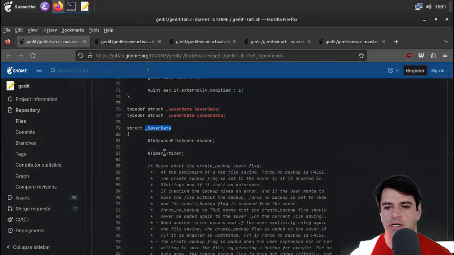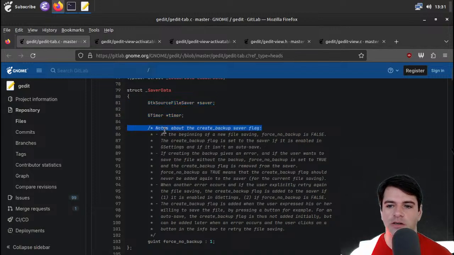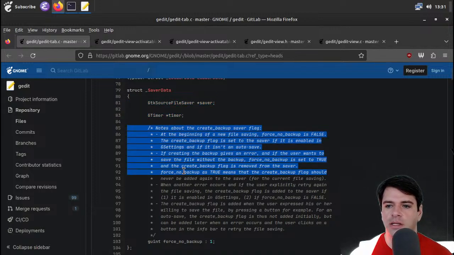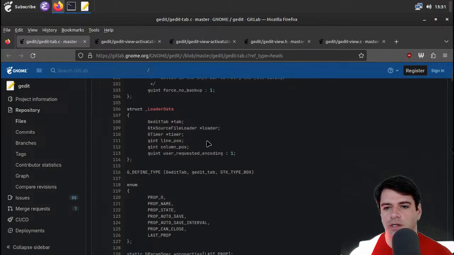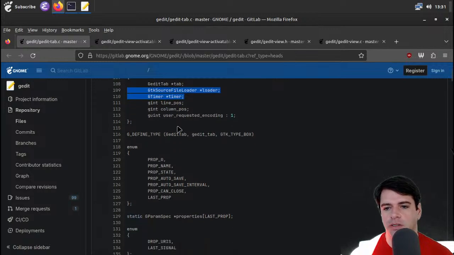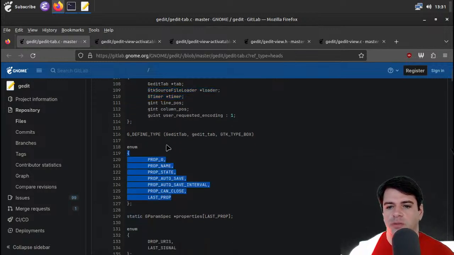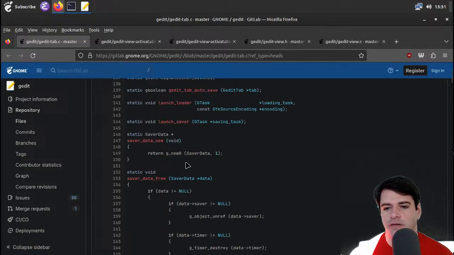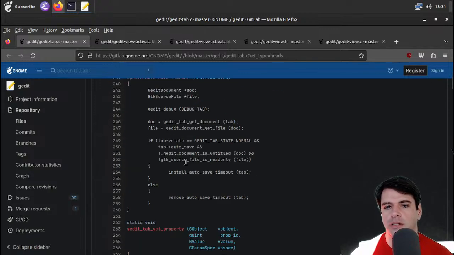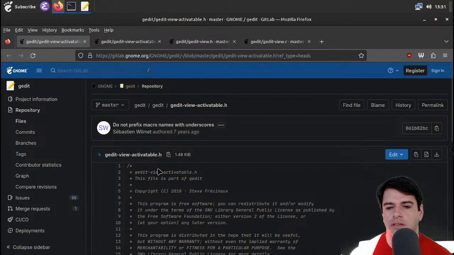And we've got things like saver data, which has a file saver and a timer. Notes about create backup saver flag. At the beginning of a new file saving, force no backup is false. Okay, so this is about autosave and that sort of thing. And they've got stuff like loader data, which also has a timer and line and column position, and has some GTK source file loader. And some enum properties, things like the state, autosave, etc. And I'll skip the rest. I have no idea what a view